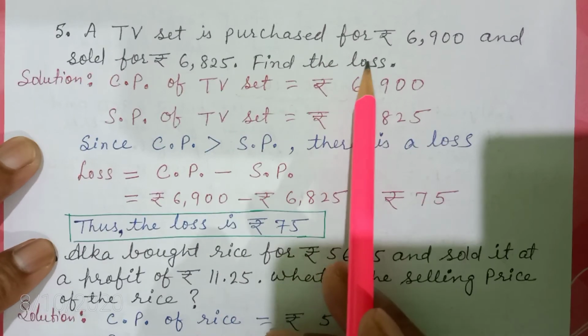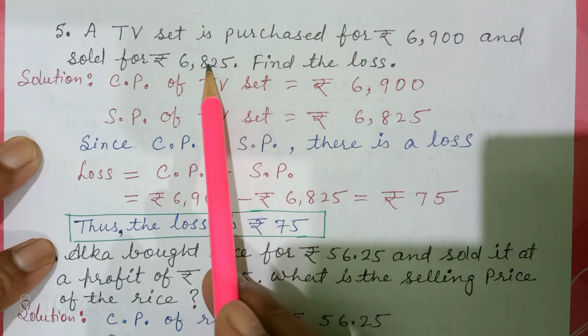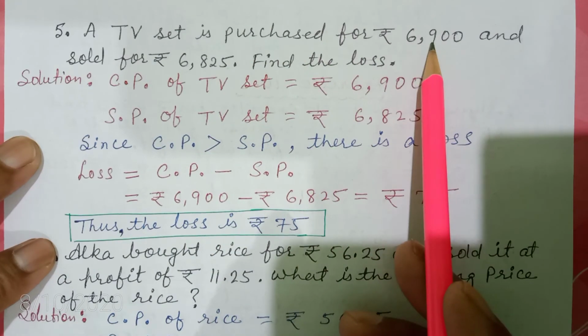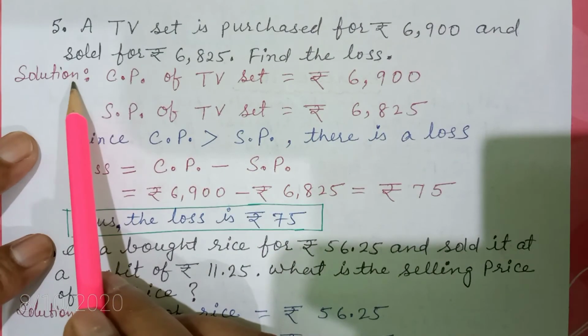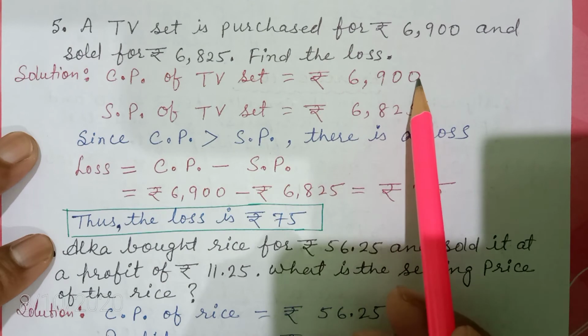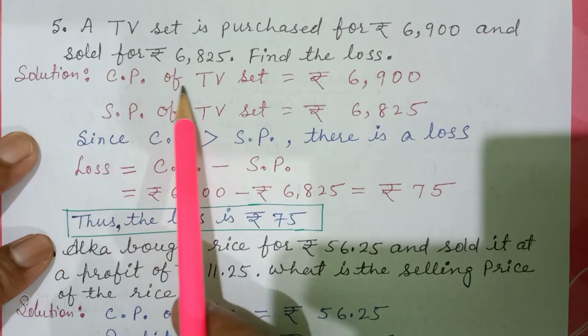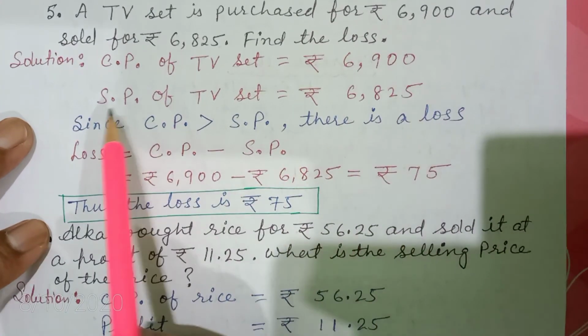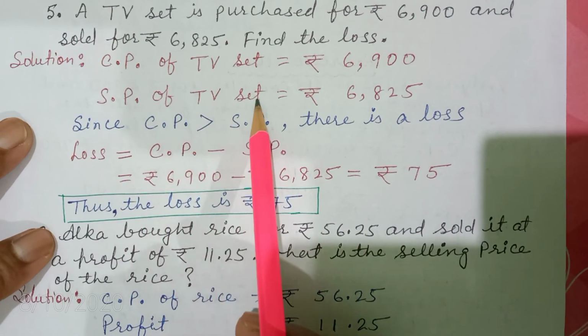You have to find the loss, because here SP is less than CP. Solution, CP equal to rupees 6,900, means कि CP of TV set equal to rupees 6,900 and SP of TV set equal to rupees